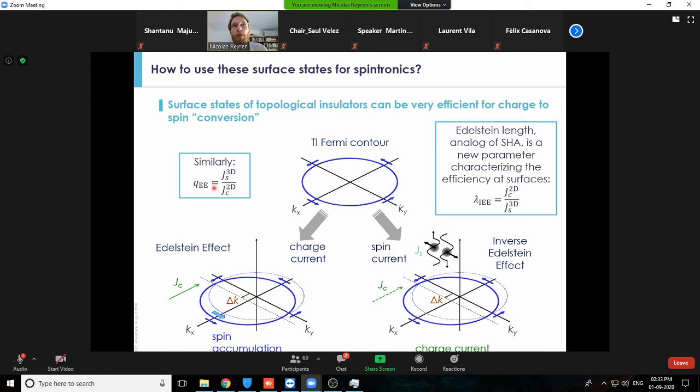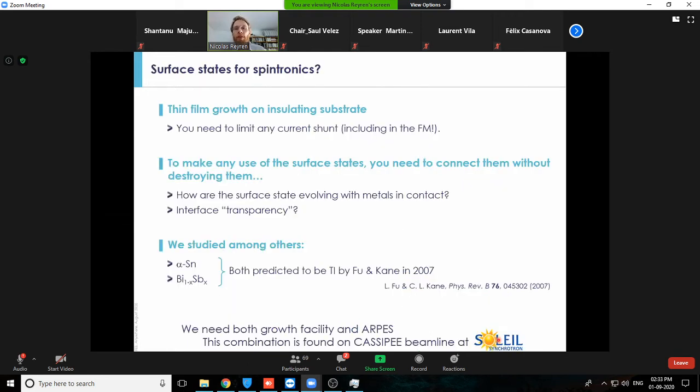Unlike the spin Hall effect, the inverse Edelstein effect length is not equal to 1 over the Edelstein effect length. This is discussed in this paper. So now, if you want to use these surface states for spintronics, what you need is probably thin films on